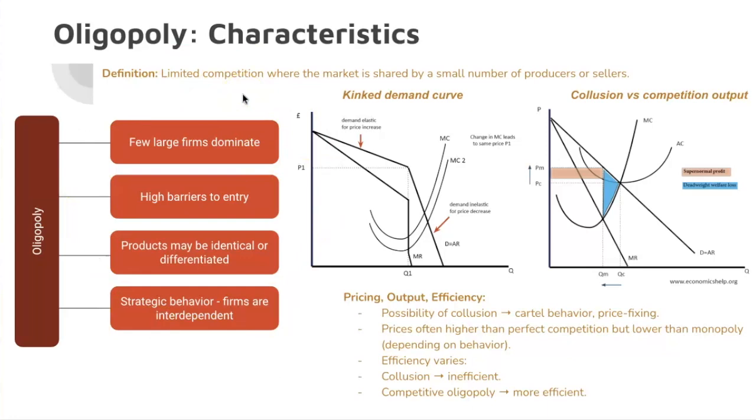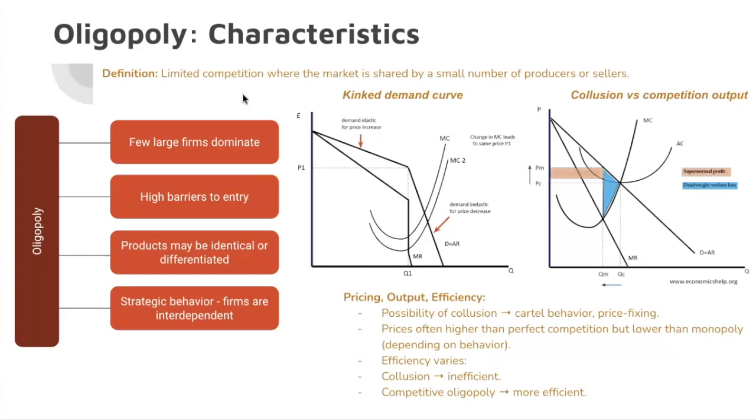The critical characteristic of oligopolies is strategic behavior and interdependence. Each firm must consider how rivals will react to its own decisions. For example, if Ford cuts prices, General Motors must respond. If Toyota introduces a new technology, Honda and Volkswagen must consider their own counter strategy. This interdependence creates two possible outcomes. First,